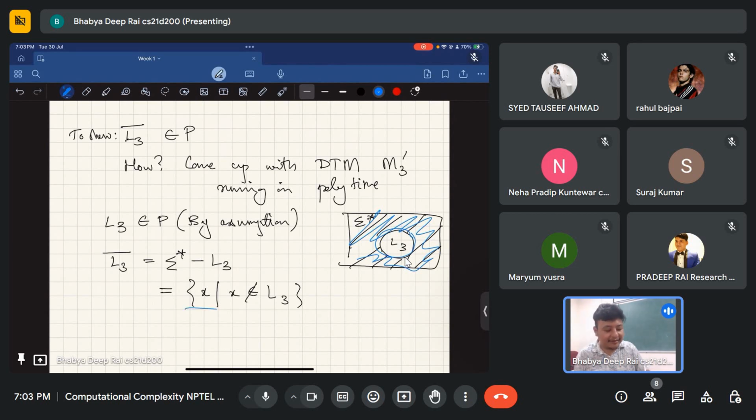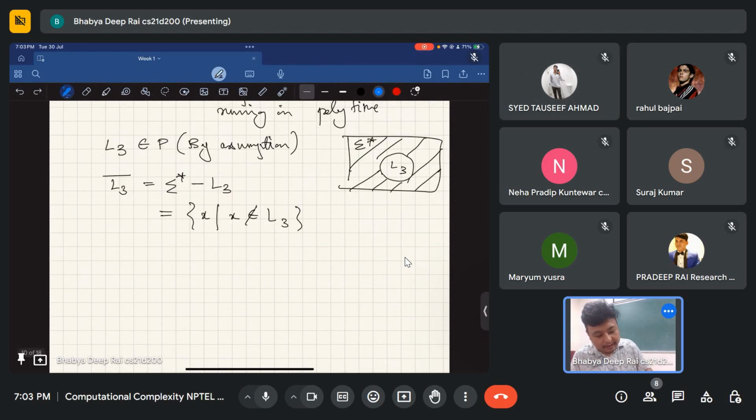Okay, I can write this as the definition of L3 bar. L3 bar is the complement of the set, which means all those strings that don't belong to L3. Okay, I got it. Now,